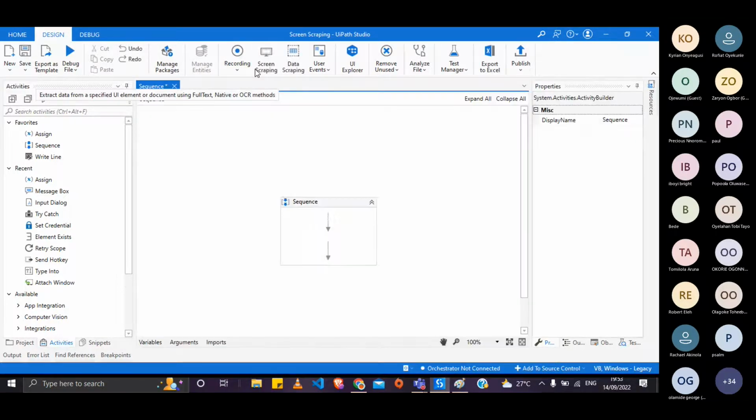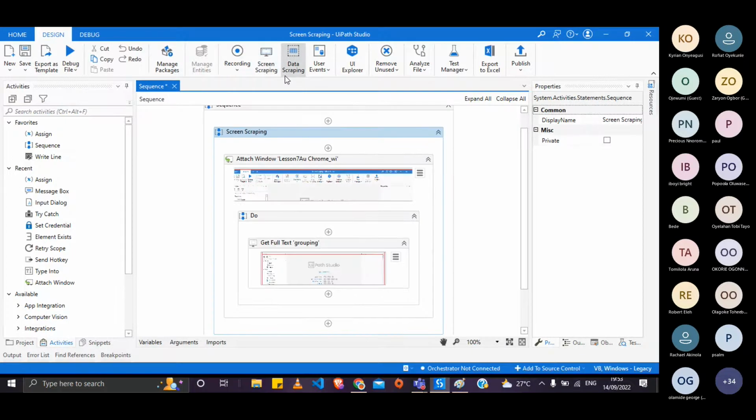So I don't have that screen scraping. So you would have to use computer vision. So for those who don't have screen scraping or data scraping, you would use computer vision,